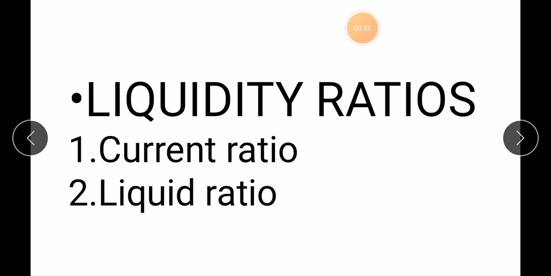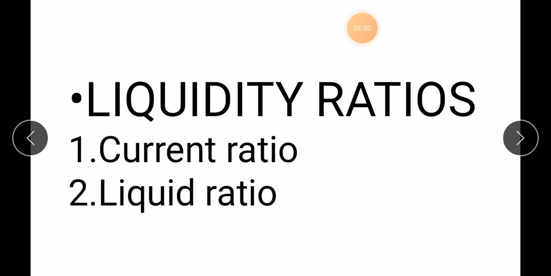Yes, liquidity ratios, the new topic that we have started after profitability ratios. We have understood the formulas for the 4 ratios given under profitability ratios. The very first of which is gross profit ratio, which is gross profit upon net sales into 100. How to find out gross profit, how to find out net sales, COGS of course, all these formulas we have understood. The next thing that we have learned was operating ratio.